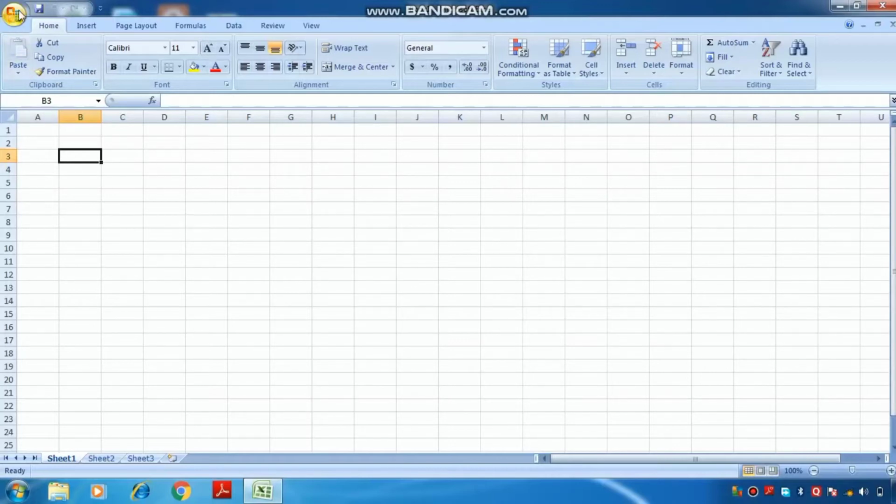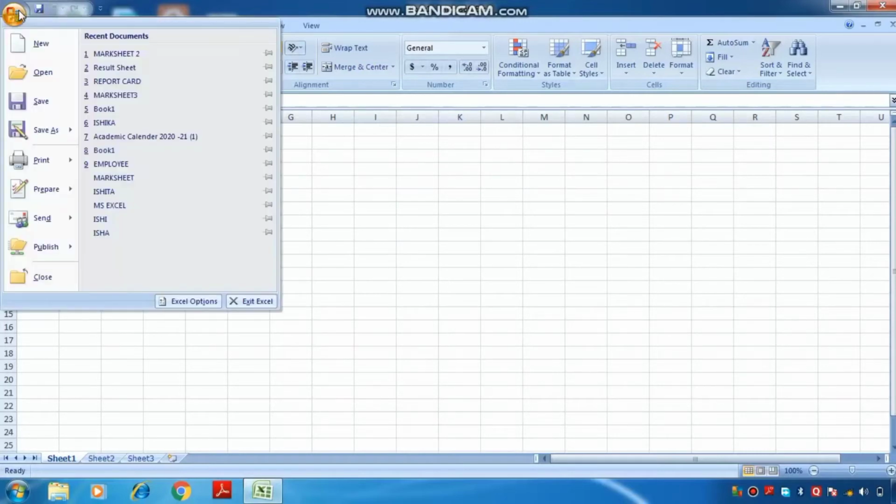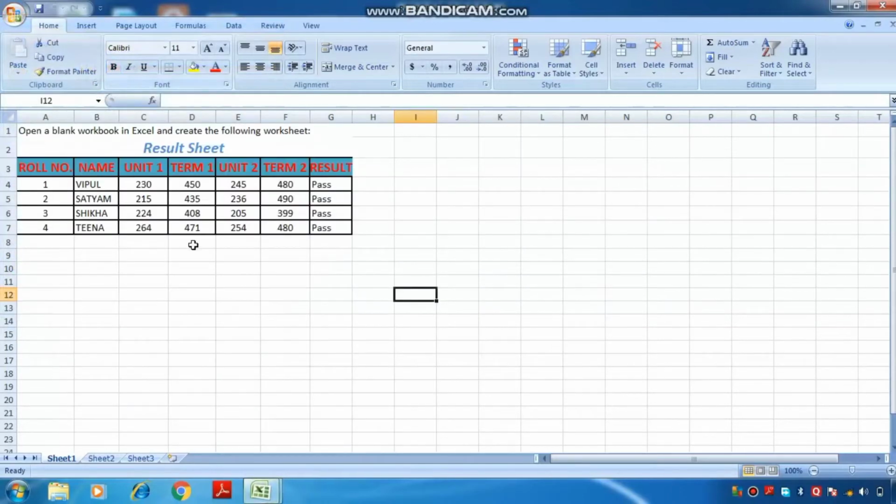For that I just open a pre-designed worksheet, that is the result sheet. For this we will use the first method, that is manually changing the column width. First we bring the mouse pointer to the right edge of the column header area.